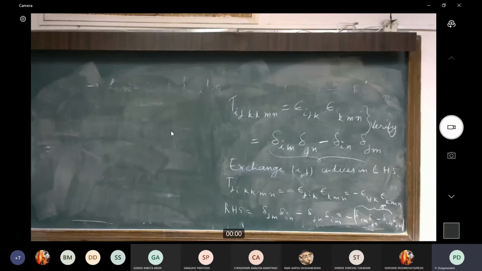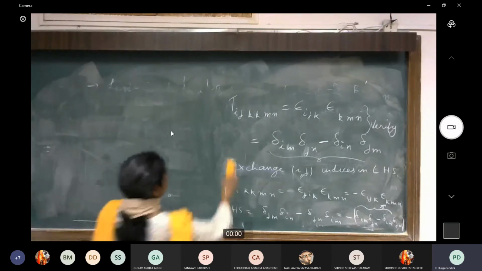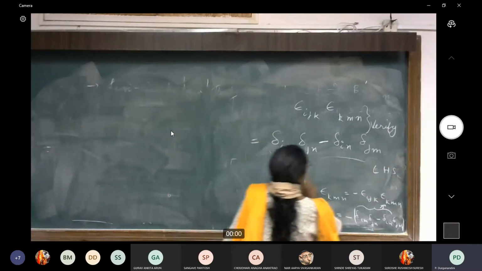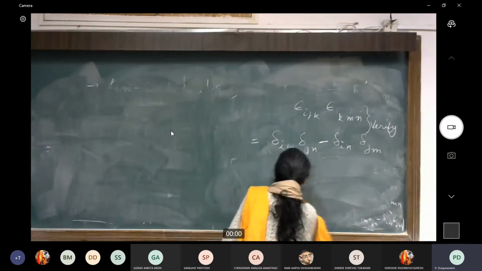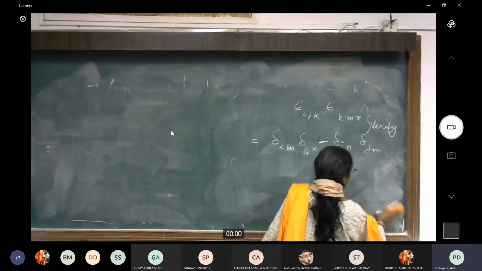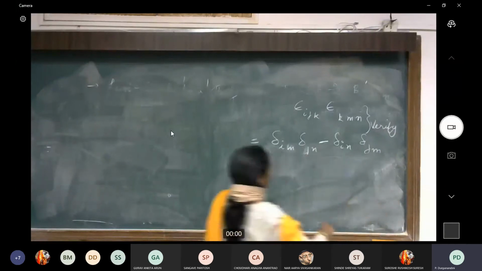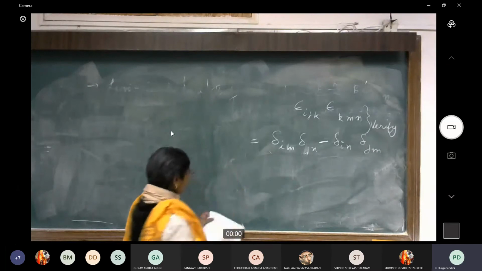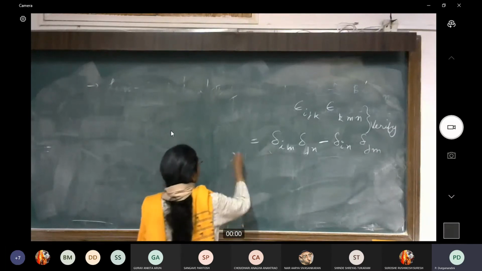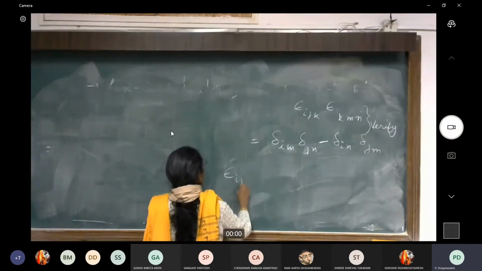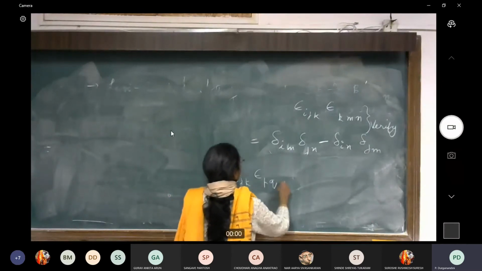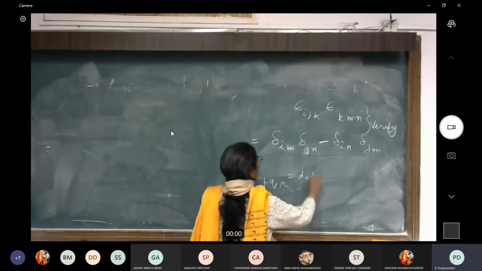All right, and I'll further tell you some more properties of epsilon. So this is one property of epsilon. Instead of doing this now, I'll simply say that epsilon has this property. We'll do some of these problems later when I do one tutorial sheet, and at that time we will verify some of these. Another property of epsilon which is very useful is the following: epsilon i j k, epsilon p q r can be written in the following way: determinant of